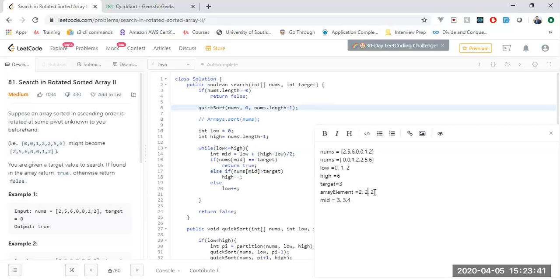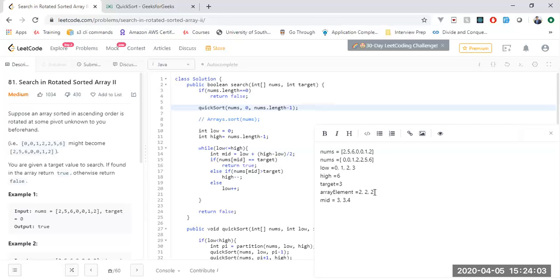I just added this because we had the same execution when the mid was 3. Since the array element is 2, 2 equal to 3 is false, 2 greater than 3 is again false, which means we need to increment the low, which is